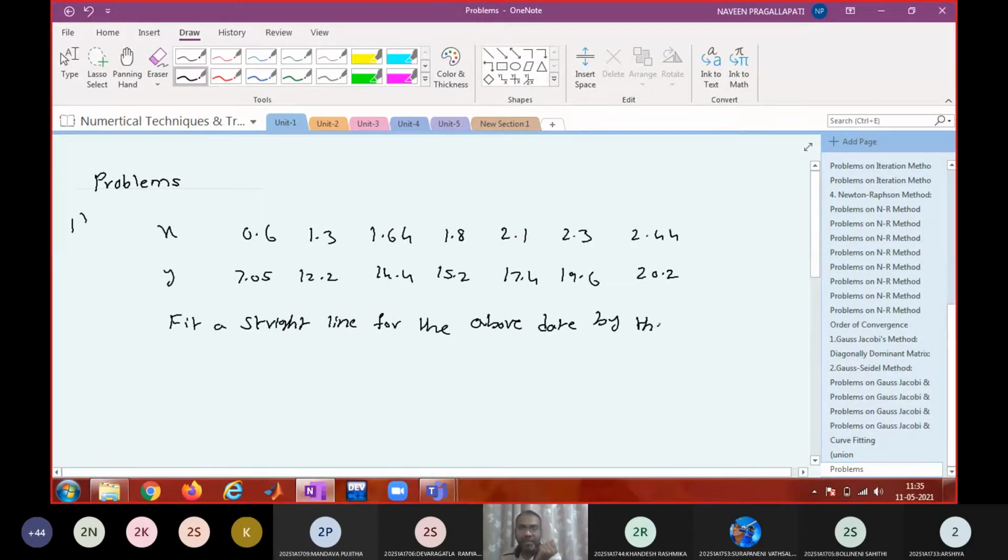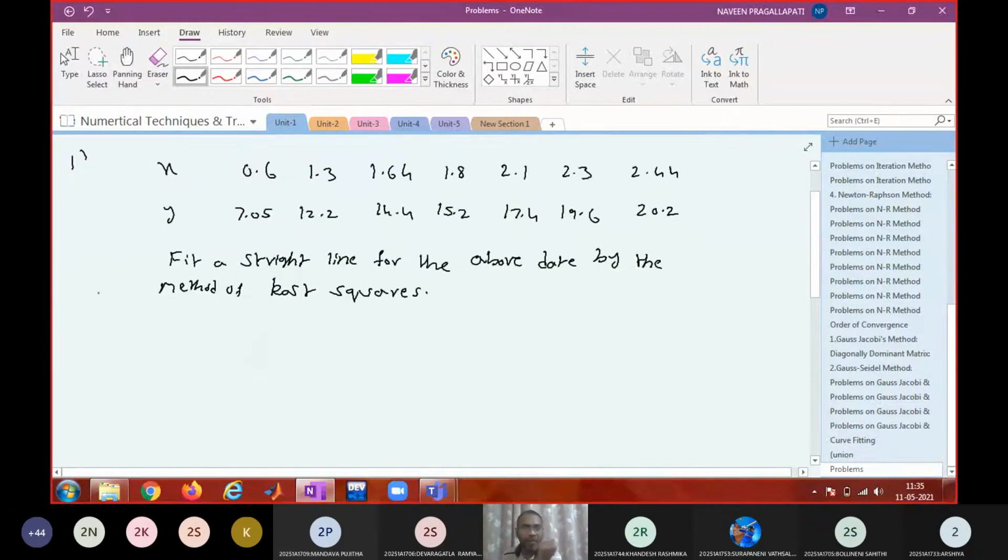By the method of least squares, as somebody may say, fit a least squares straight line. Okay, so first you prepare the table, or you write down the normal equations first, so that you will know how many columns to prepare. So let y equal a0 plus a1x be the best fit, a straight line fit to the given data.